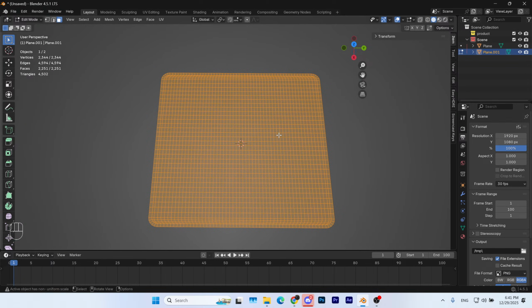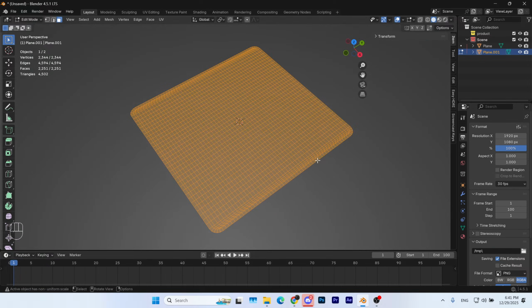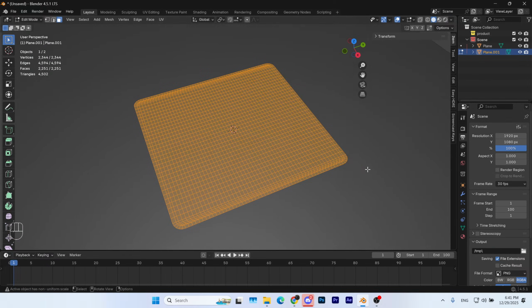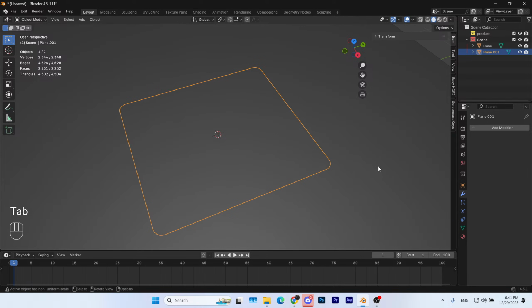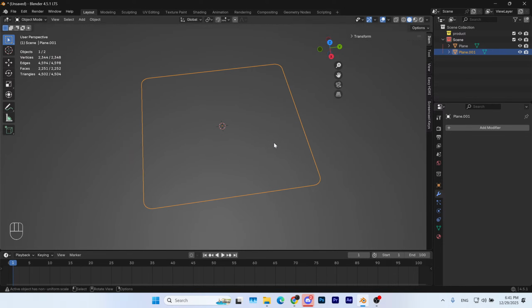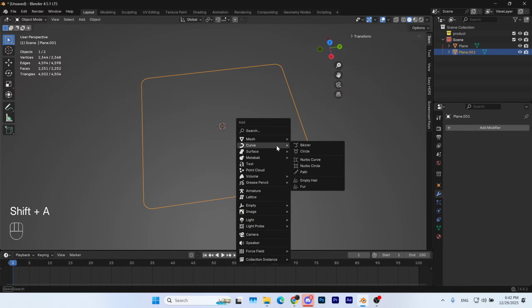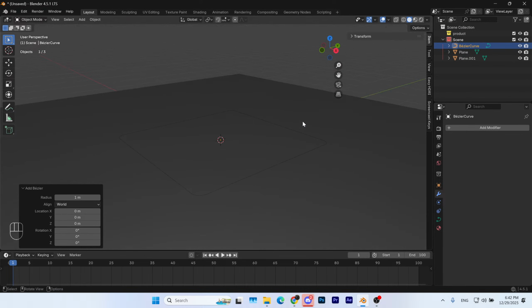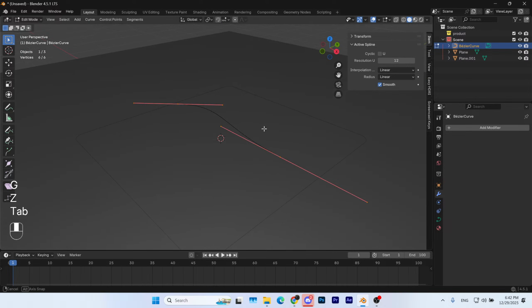So now you can see that, and you'd be like, okay, if I do any deformation on this plane, it's going to be easier to have a clean deformation without any artifacts and stuff like that. The way we're going to be doing the deformations on this plane is we're going to make a curve that we're going to use to drive the deformation on this plane. So we go Shift A, curve and Bezier,